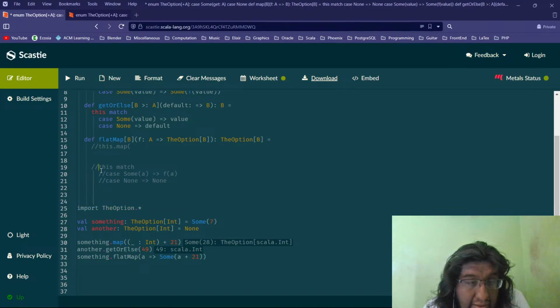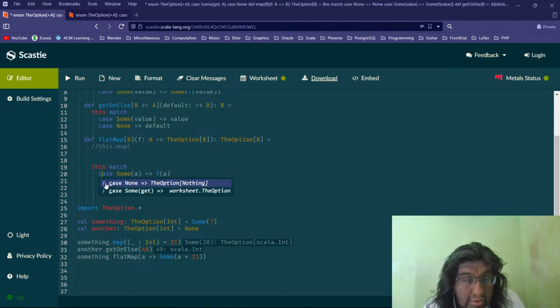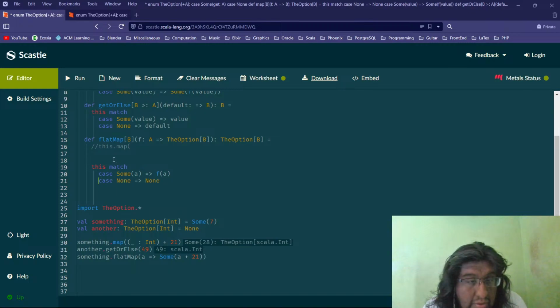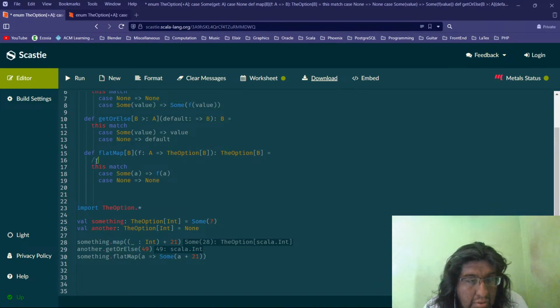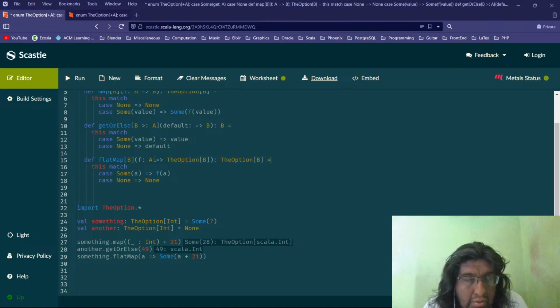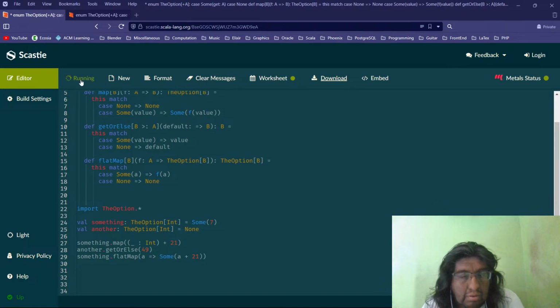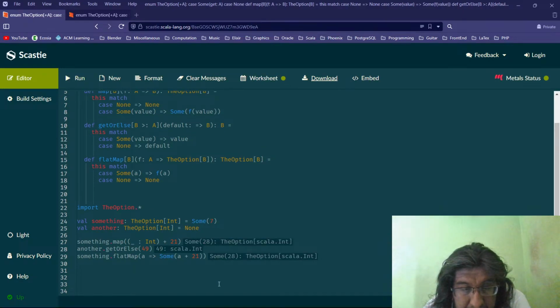Now we can remove this. The flatMap is the way we apply